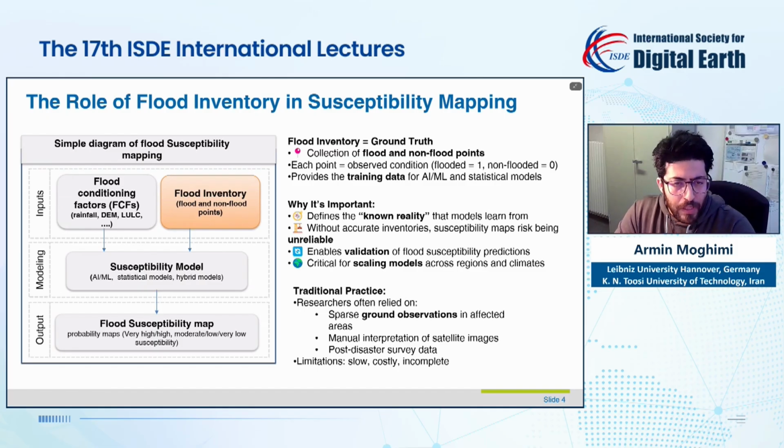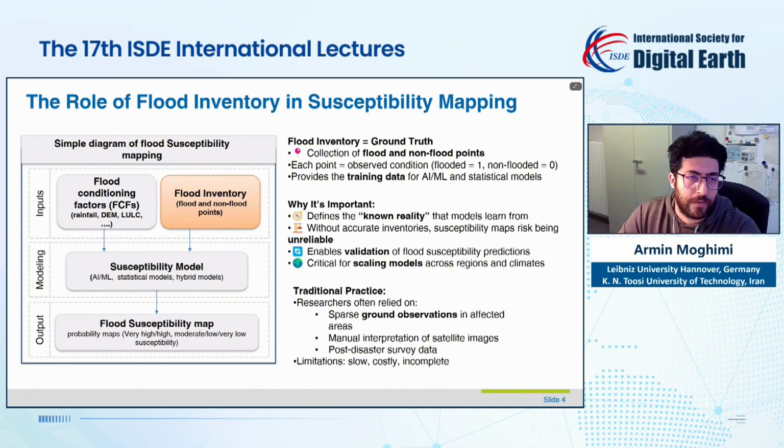Most research has historically relied on traditional methods to build inventories, like sparse ground observation, manual interpretation of satellite and aerial images, and delayed post-disaster surveying. While these approaches provide useful information, they are slow, costly, and incomplete. And climate change has also changed the pattern of floods, so we need to update the flood inventory. This is why improving inventory generation is such a key research challenge. It's not just about mapping floods. It's about building a reliable dataset that